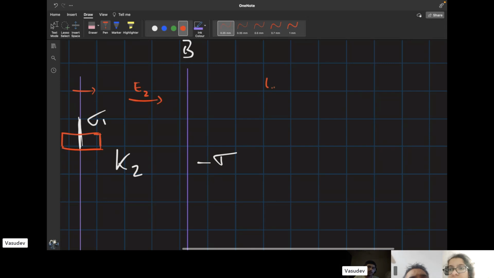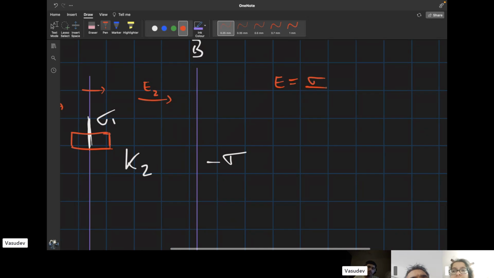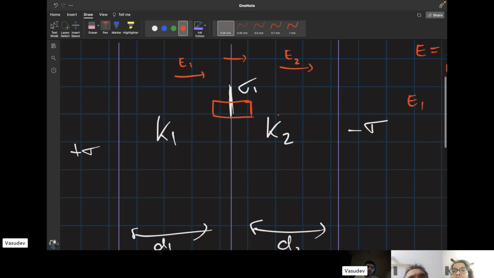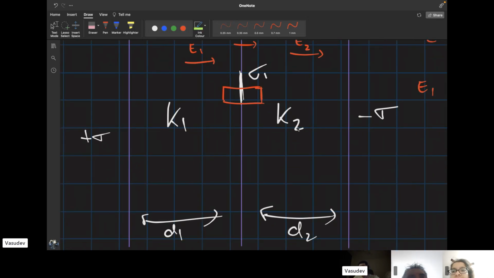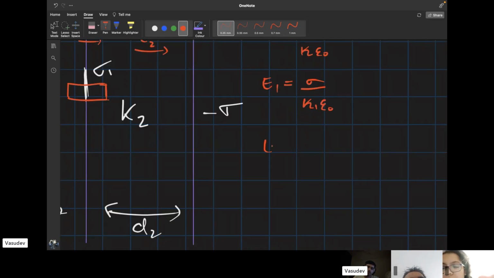We know that the electric field between the plates of a capacitor is given by sigma over kappa epsilon naught. So the electric field in the first one, we both know that this is going in this direction, so I don't think mentioning the sign here would be necessary. I'll just say sigma over kappa 1 epsilon naught, and E2 would be sigma over